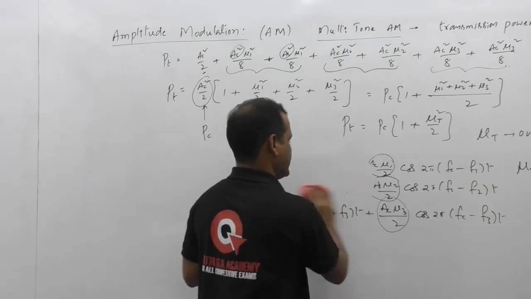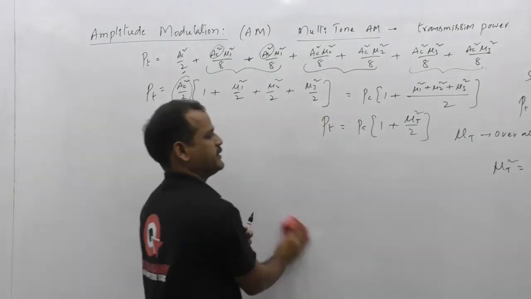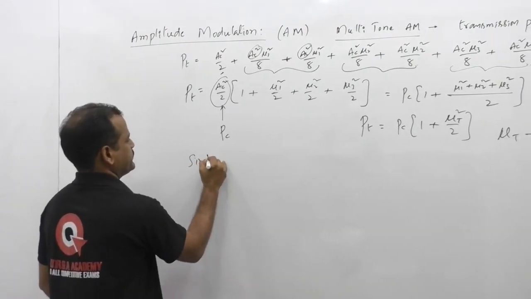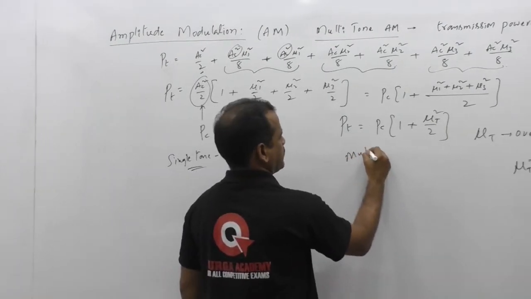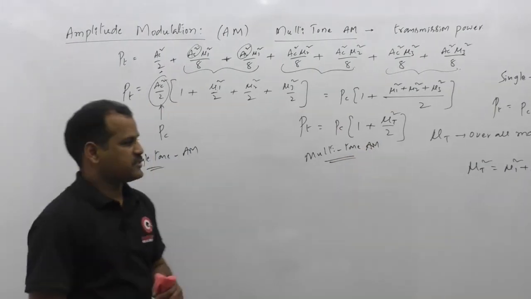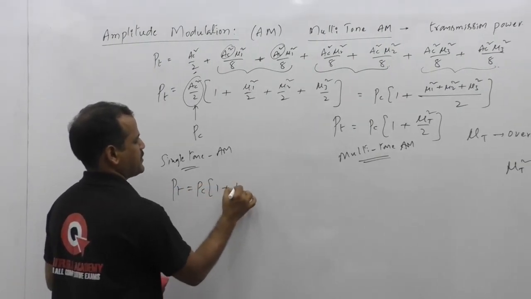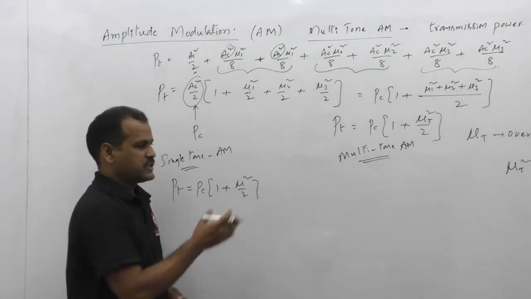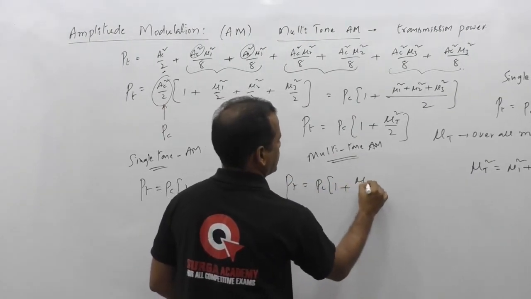From that we can write the expressions for the currents relation and voltages relation in this AM. I am writing here a comparison table for single tone AM and multitone AM, the 3 relations. First, I will write the power relations for these two. Here the transmission power requirement is equal to carrier power multiplied by 1 plus square of the modulation index divided by 2. This is the power relation we got. Similarly for multitone we got PT is equal to PC into 1 plus overall modulation index